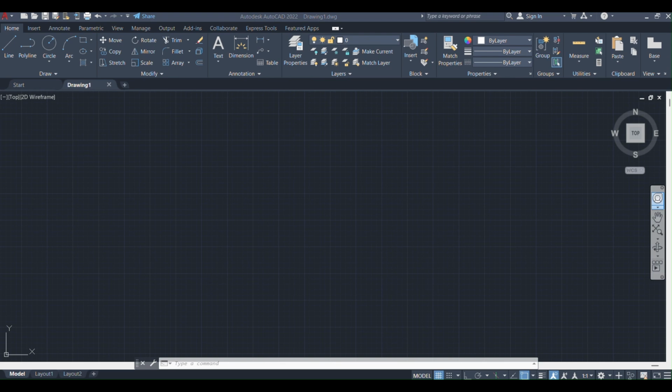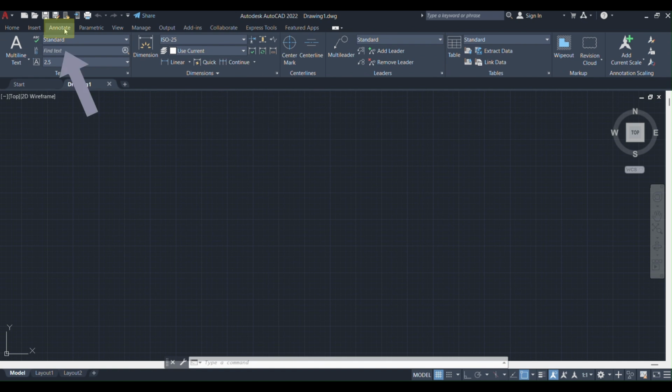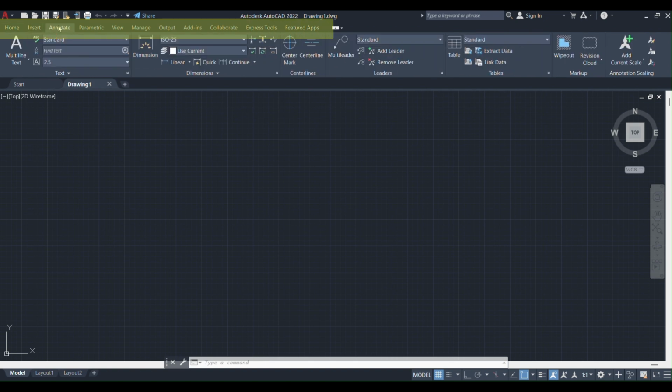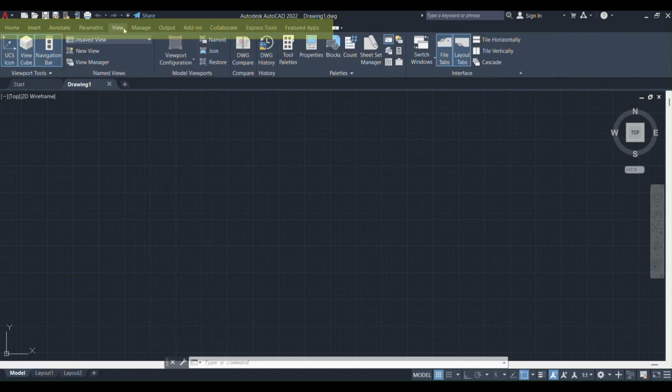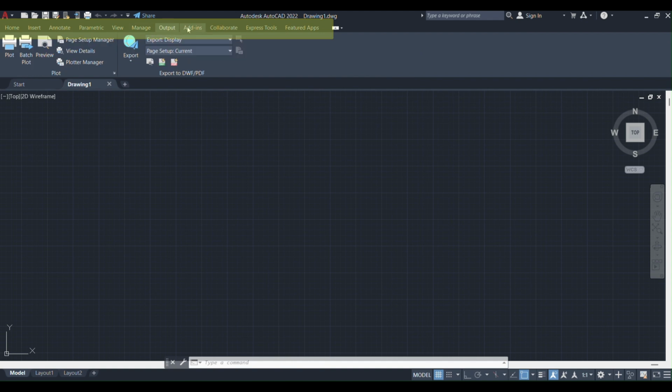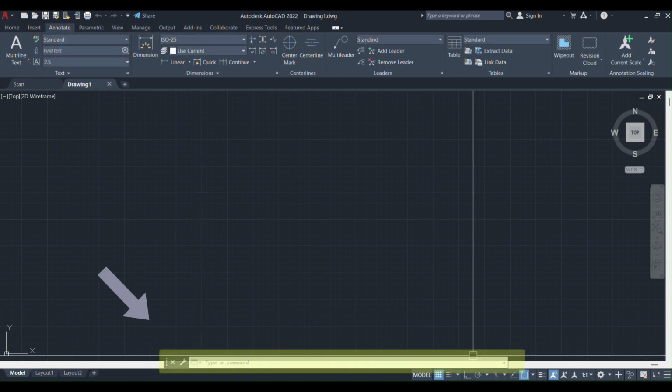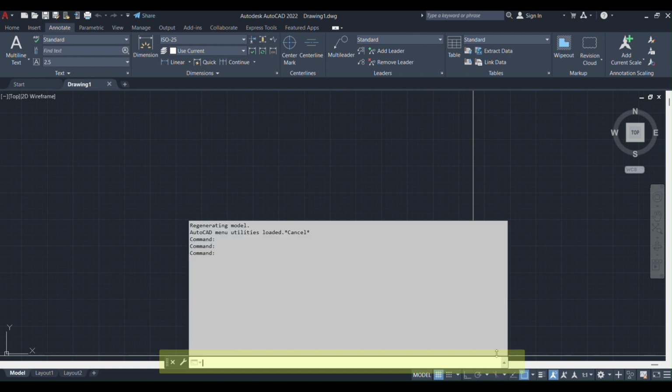For example, the Home tab has all the basic drawing and editing tools, while the Annotate tab is where you'll find dimensioning and text tools. Just hover your mouse over the tabs to explore the subpanels, so you can quickly see what each tool does. The ribbon works hand in hand with the command line and status bar to make your workflow faster and more